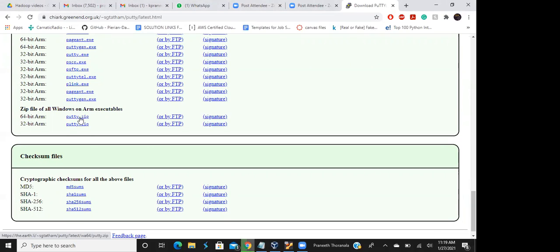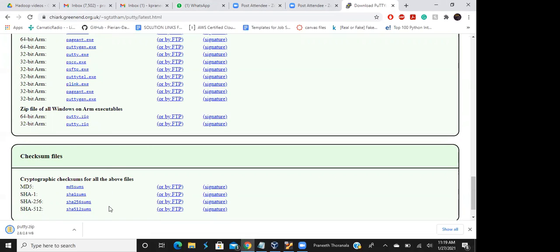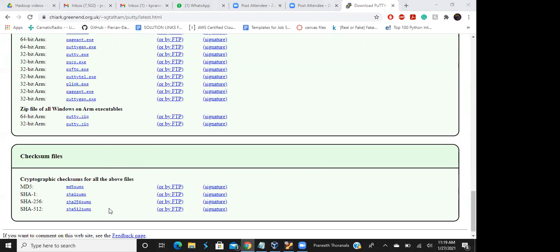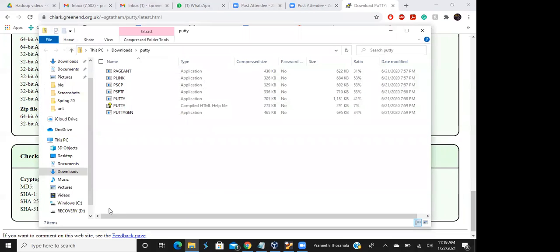Yeah, click that. So basically, this putty utility is to connect to a Linux machine from your Windows. Okay, so you can extract this file.